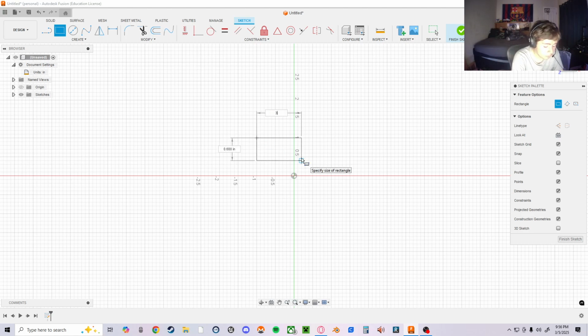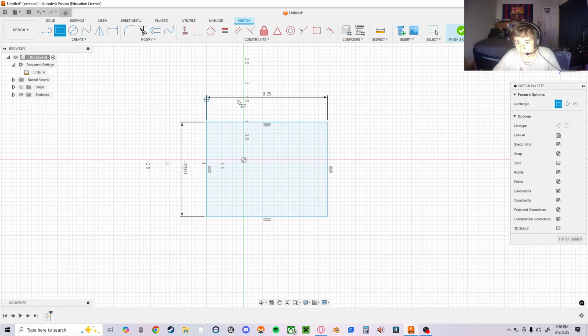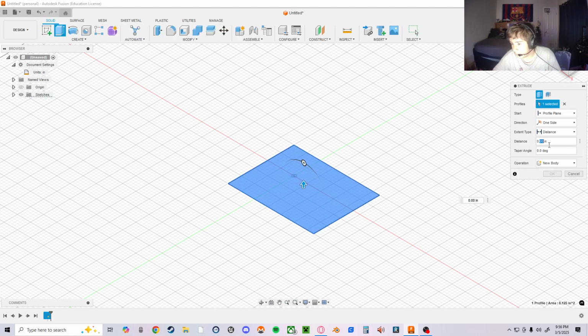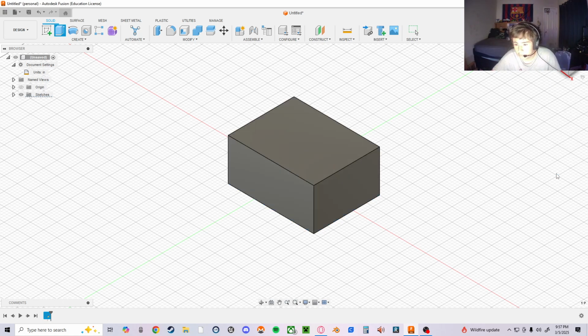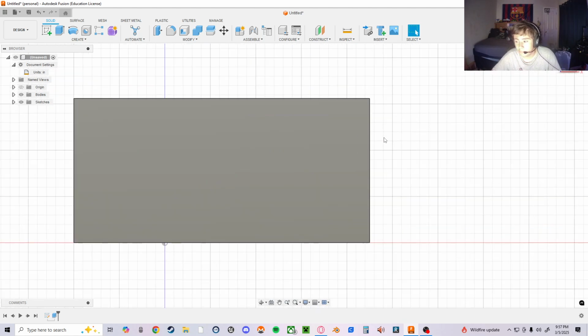Set the inches default real quick for me. 2.5. Now we're gonna use the cut method. So basically, we're gonna go like this, and then we're gonna extrude. Let's see, how much do we need to extrude? 1.56. 1.56 inches. And then the simplest thing to do now is we can